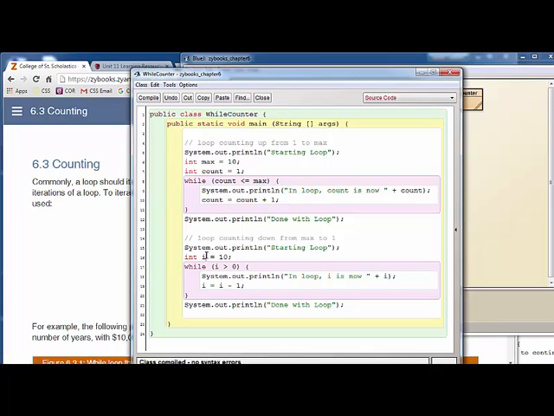So again, here I'm using I, because we can use any variable in our loop for our counter as long as we use it consistently throughout. I'm starting it at a large number and subtracting 1 from it each time, and I'm going to keep looping as long as it's greater than 0. So now if I run this,